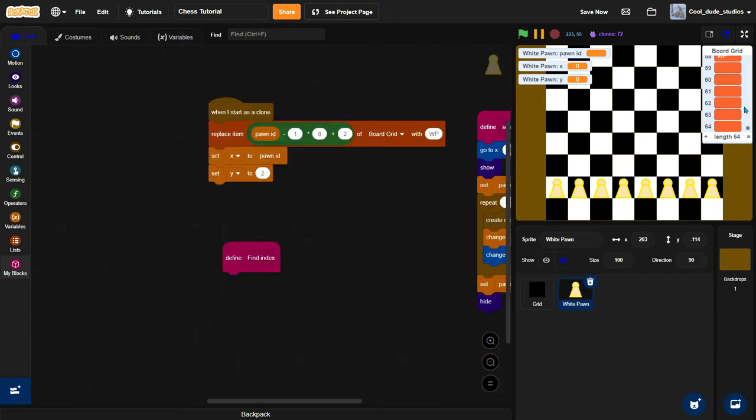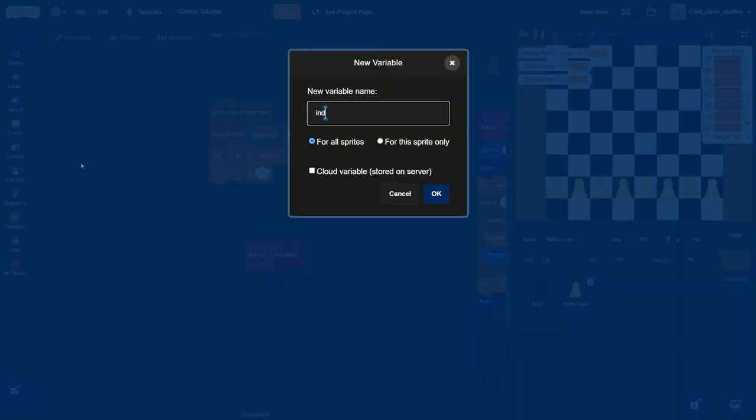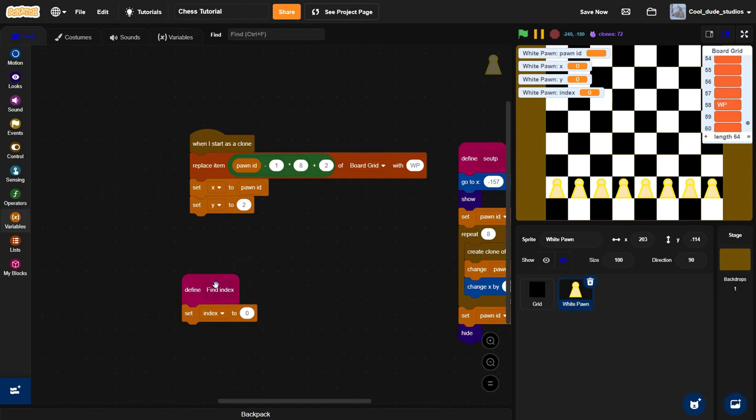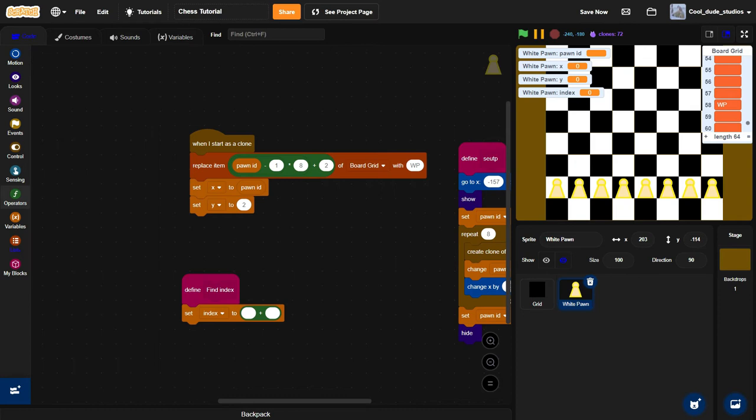And yeah, we could just look through the list and find out, but that'd be extremely complicated because each pawn has a different thing. And if each pawn has the same, like white pawn, we'd have to make those different, and then it would just be super complicated, so I'm not going to go into that. Here, we can just create a new variable, call it index, or pawn index, but index so that we can copy it between sprites easier. And under find index, we're simply just going to set this to y plus